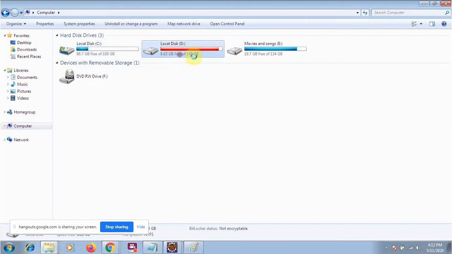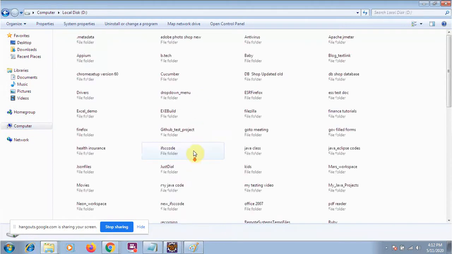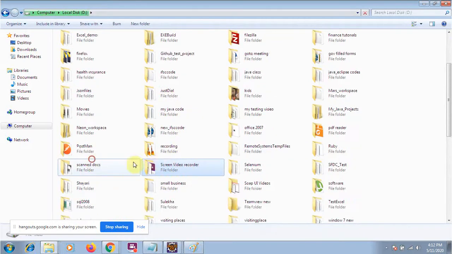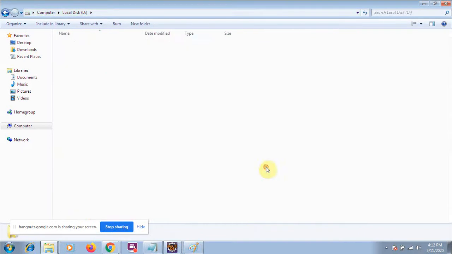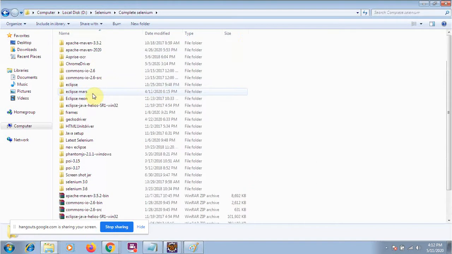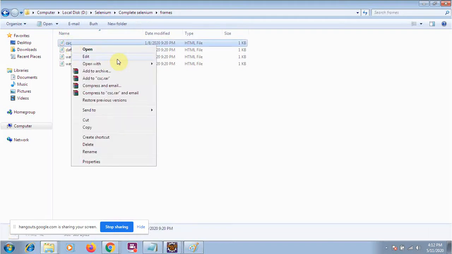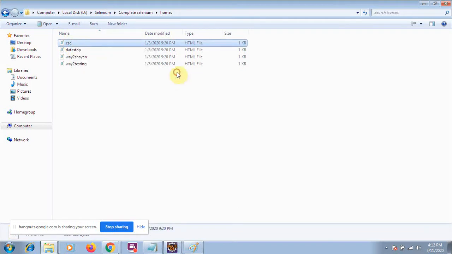So I have created some HTML files so that you can easily understand what a frame is. If I open this HTML file, you will see this.